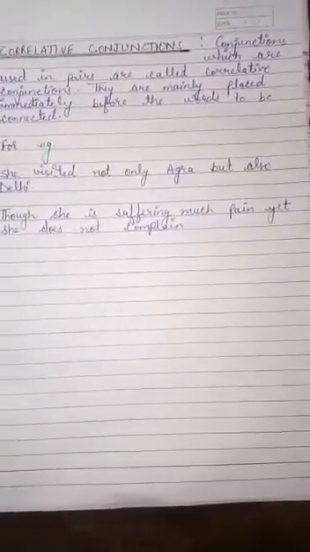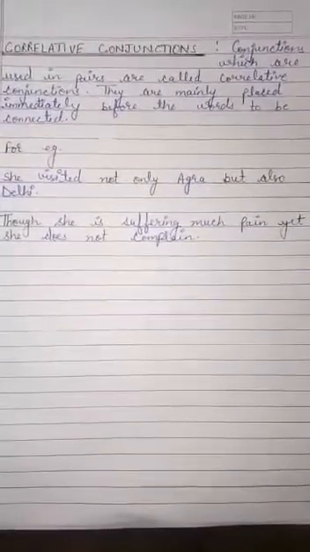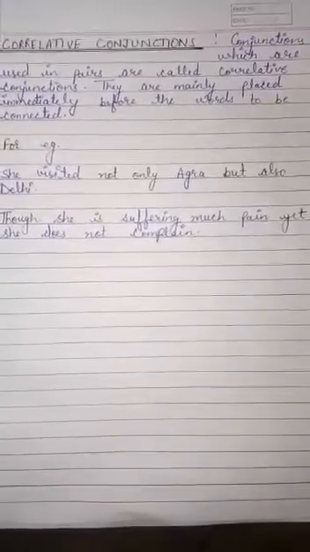Correlative conjunctions are used in pairs to join alternatives or equal elements. The most common pairs are either or, neither nor, and not only but also. This type of conjunction always comes in a pair and is used to join grammatically equal elements in a sentence. Common pairs: either or, neither nor, not only but also.